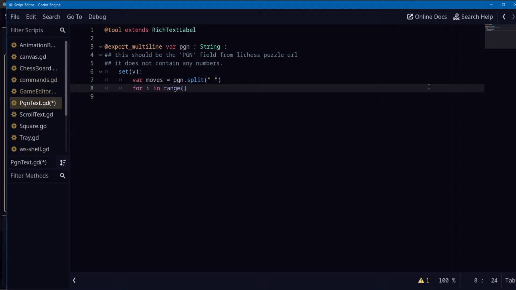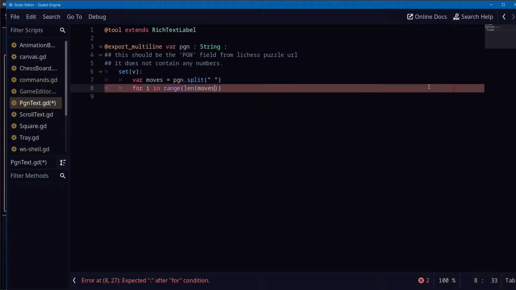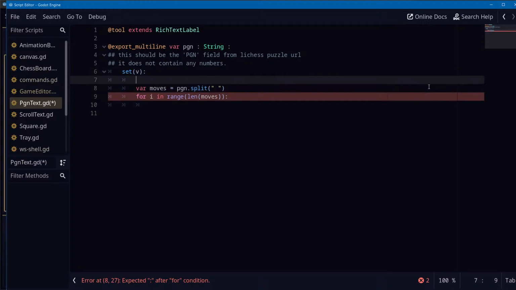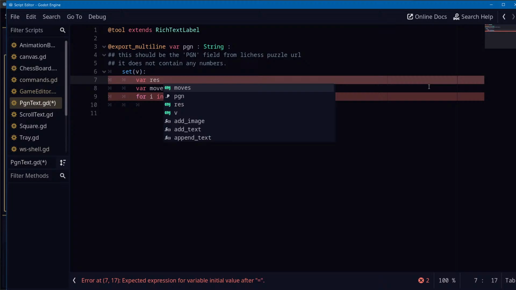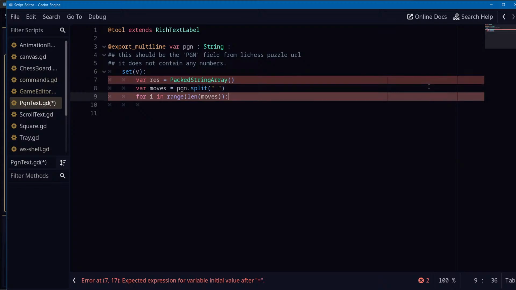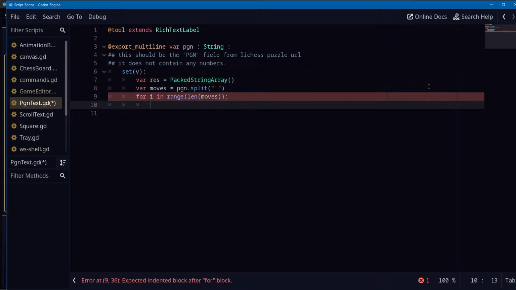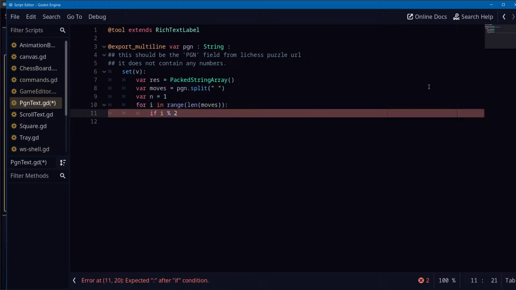for i in range length moves, I say let's call var res equals a new pack string array, and then we'll have a move number where n equals 1. If i mod 2, so if it's even, then